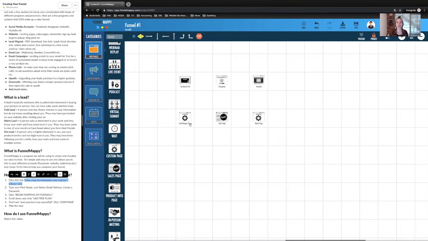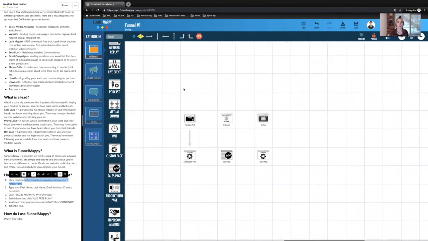All your different pages could be here. So if you want your Facebook post to go to the lead magnet page, you could go like this. Maybe your Instagram will go to your sales page, or maybe it'll all just go to the same place.